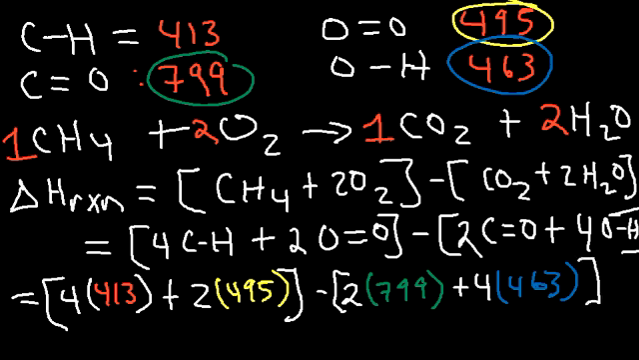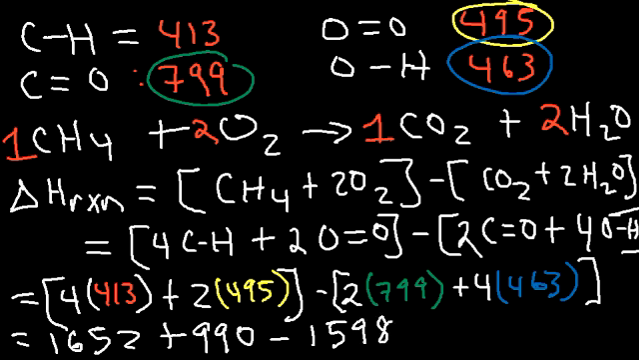So 4 times 413. 4 times 4 is 16, so 4 times 400 is 1600. 4 times 13 is 52. So this is going to be 1652. Now 2 times 495. 495 is 500 minus 5. 2 times 500 is 1,000. 2 times 5 is 10. 1,000 minus 10 is 990. Now 799 is 800 minus 1. 2 times 800 is 1600. 2 times 1 is 2. 1600 minus 2 is